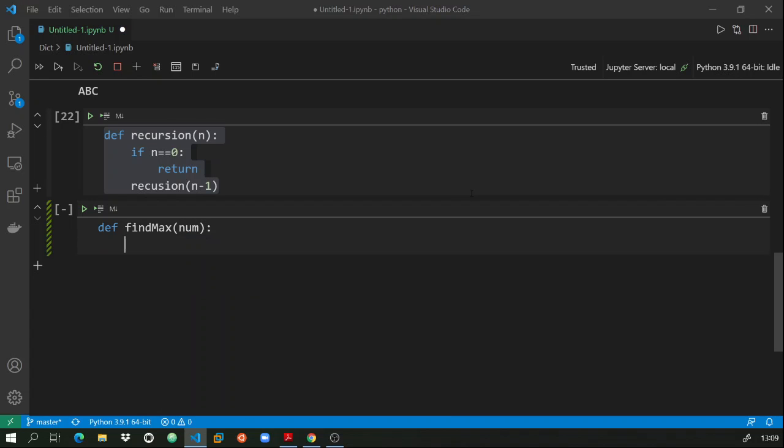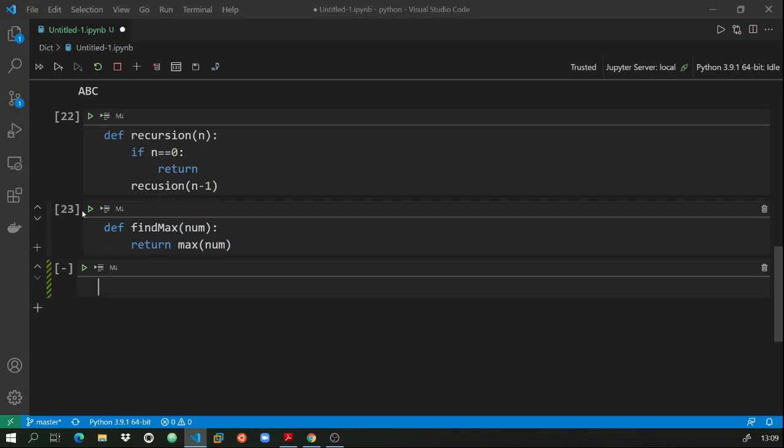Okay. And we want to return. So what this return does, it computes the value, or takes whatever actions have to be performed by the function, performs those, and then results some value from the function, so that whoever is calling that particular function can get the value returned and get the output. For example, see, we have defined the find max, which takes num and finds the maximum of it and returns it.